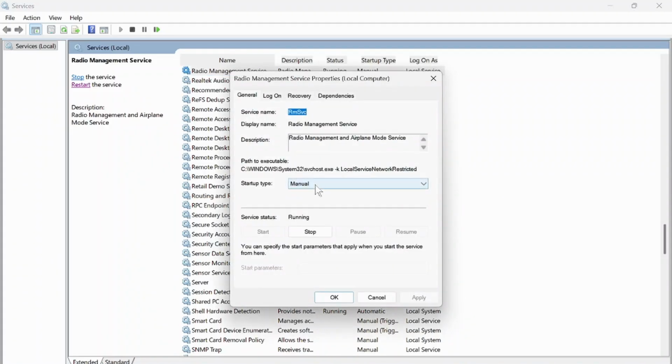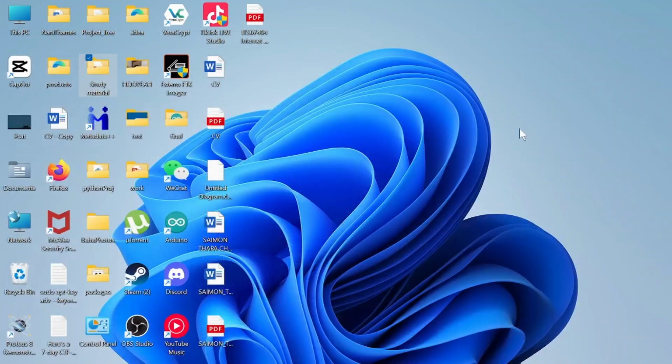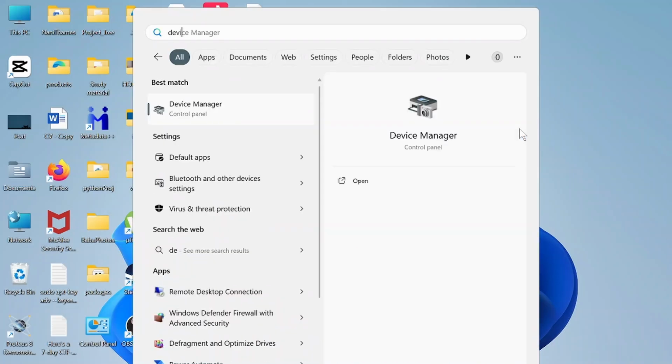Under properties, here you will see startup type. Select that and tap on automatic. After you do that, apply and then tap on OK. After that, what you can then do is just go back, and this is the second fix. If this fixes your problem, great. If not, you'll need to open up your device manager,